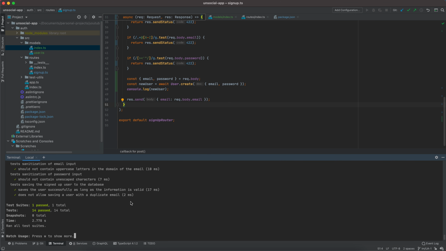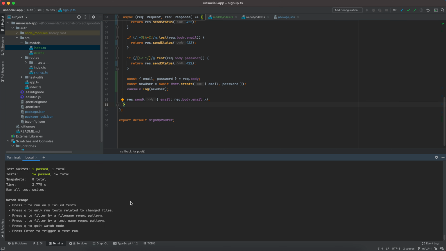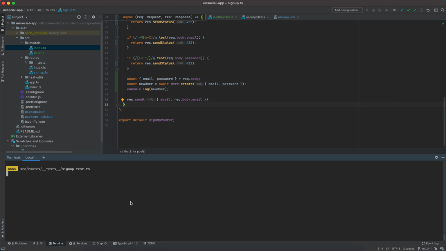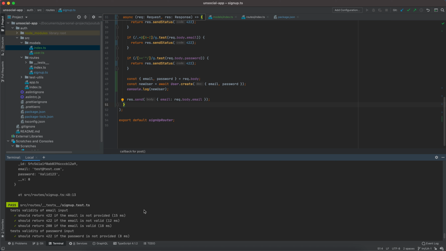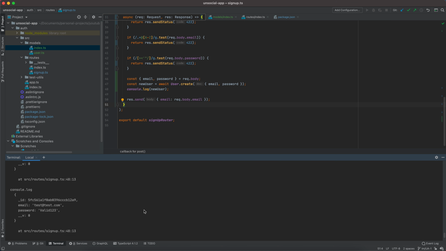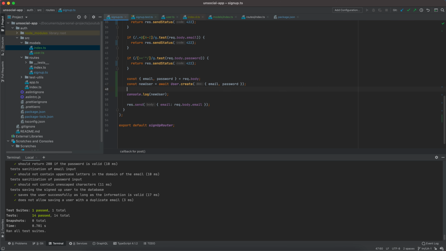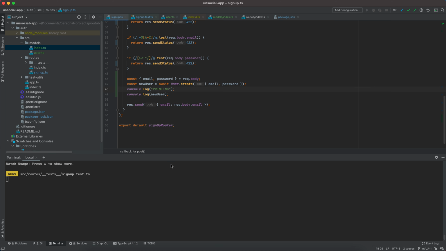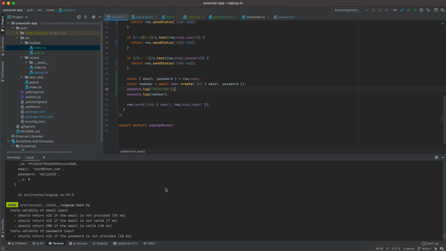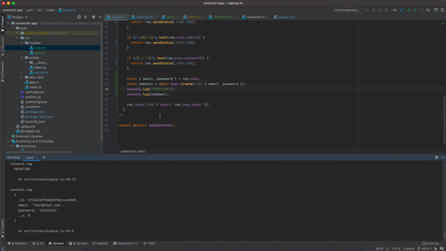It's quite nice. Let me see if we can rerun everything. Can I? No. So let me press enter again to trigger a test run. And yeah, exactly. So are we printing the things? Let me add a new console.log just to make sure that I'm printing. But yeah, so now I'm printing. I just wanted to make sure that this was not coming from the previous prints that we